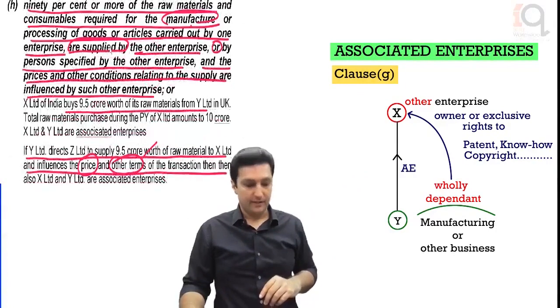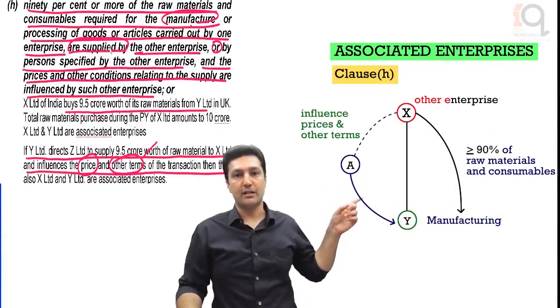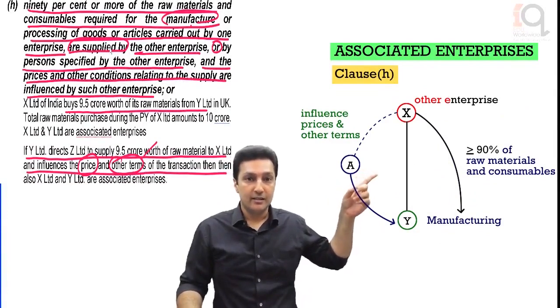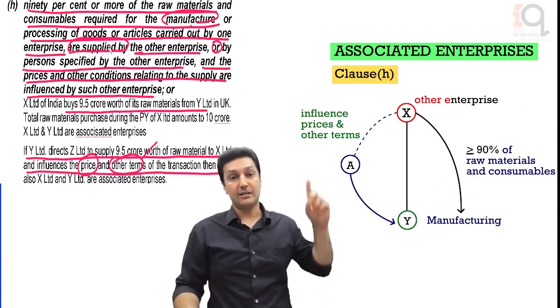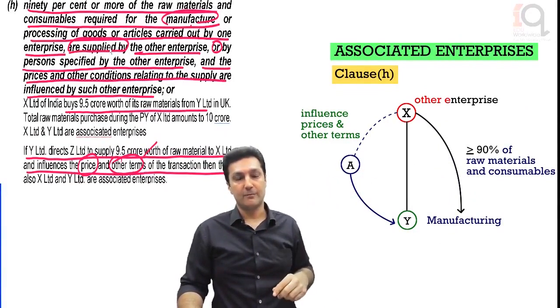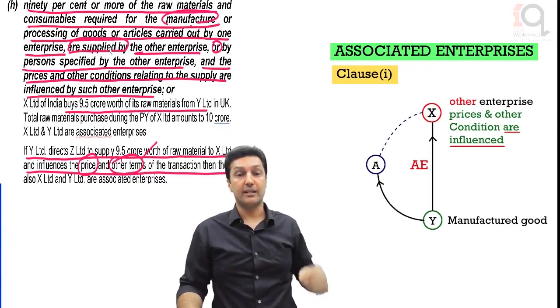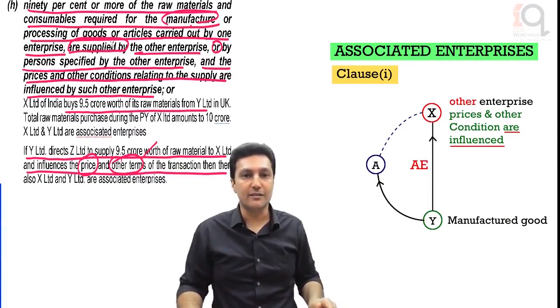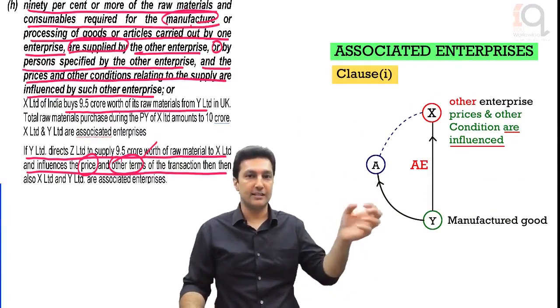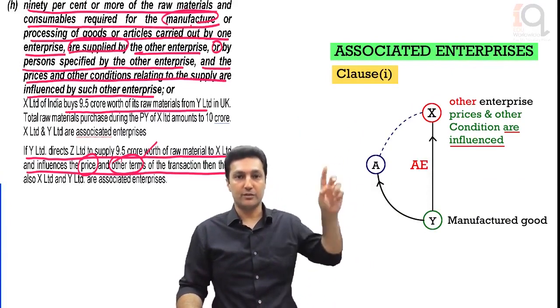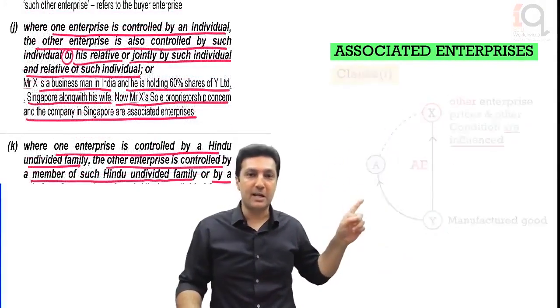The next one is where 90% of the raw materials of one enterprise are supplied by the other enterprise or by someone authorized by the other enterprise and the prices are controlled by the other enterprise, or goods sold by one enterprise to the other enterprise where the other enterprise influences the prices and other conditions, then these are associated enterprises. So that is 2 plus 2 plus 2 plus 1 plus 2,